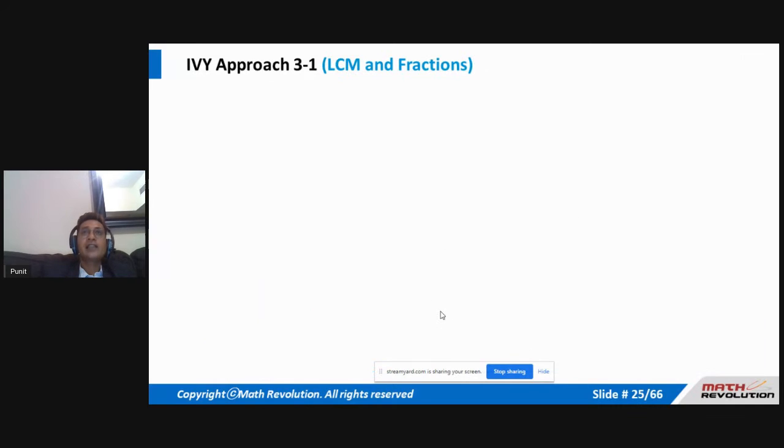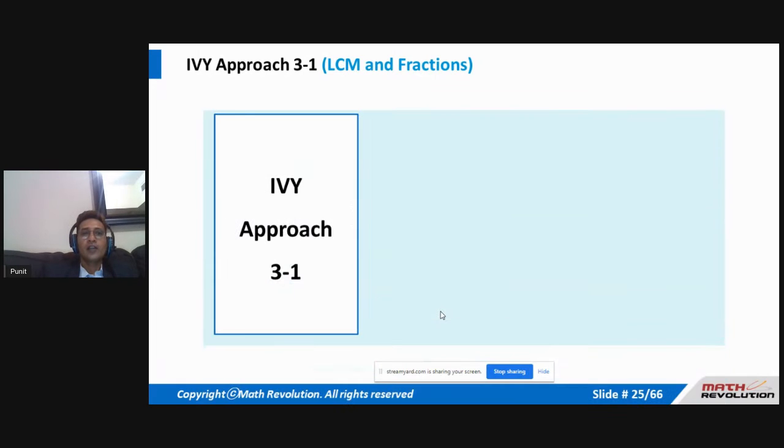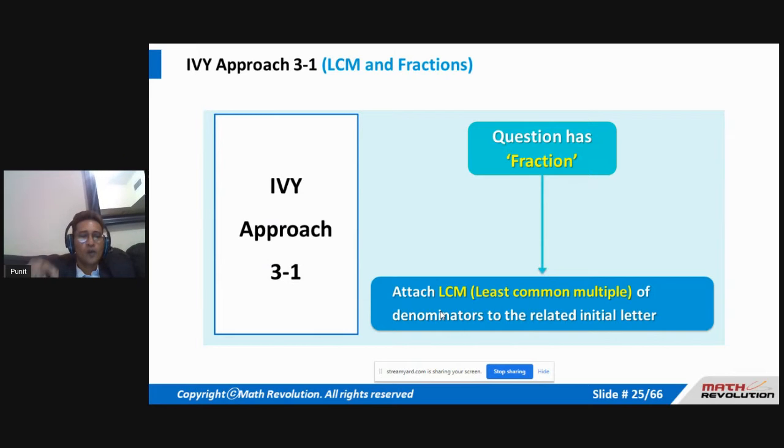Okay, let's talk about the LCM and fractions. One of the most important approaches that I will be talking about is the LCM and fractions. Whenever the question has a fraction, just attach the LCM of the denominators. 1 over 4 and 1 over 3: the LCM is 12. That is it. I'm not dealing with x, and then x over 4, and x minus x over 4,